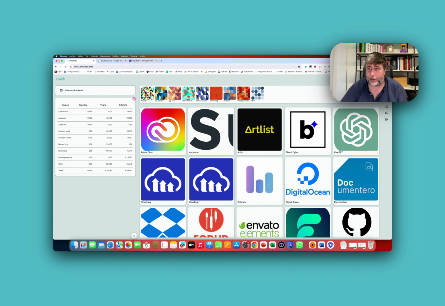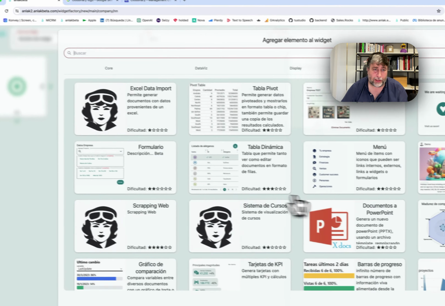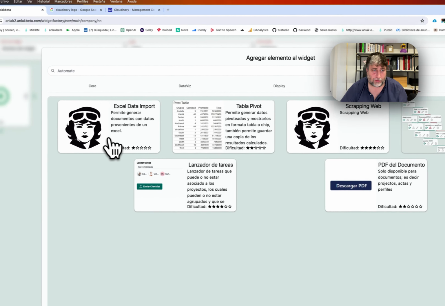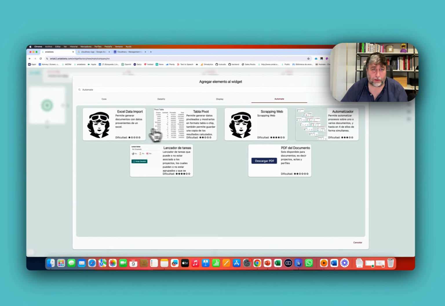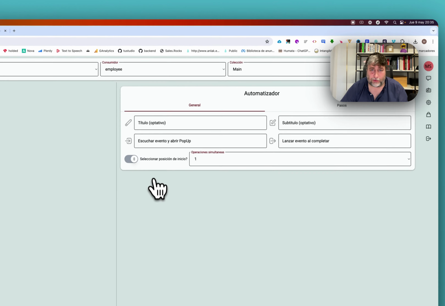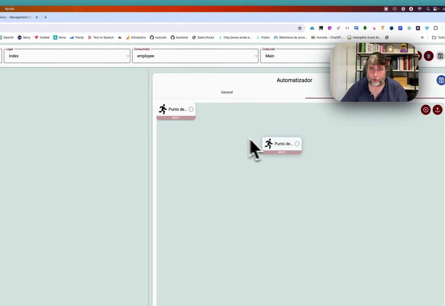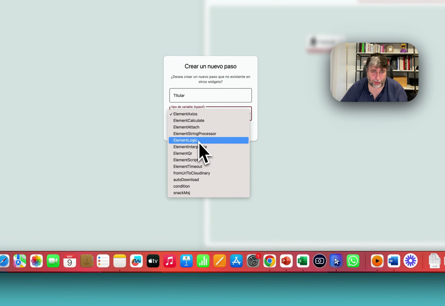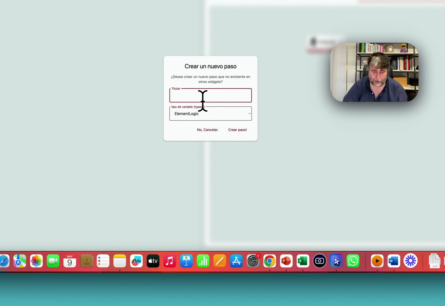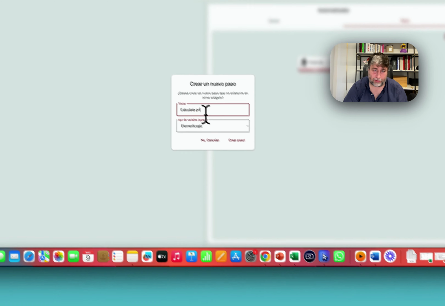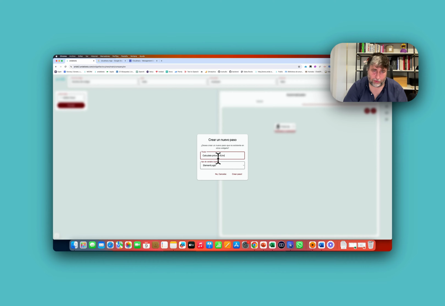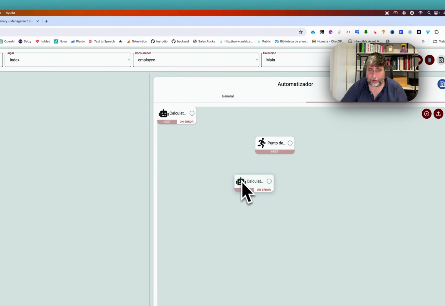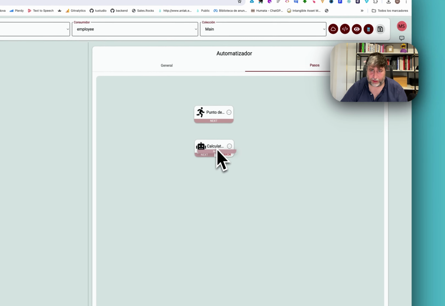So I could just have to come here and create a little automation where I could come to the automator, which could come here and create just an element logic, calculate price in euro,